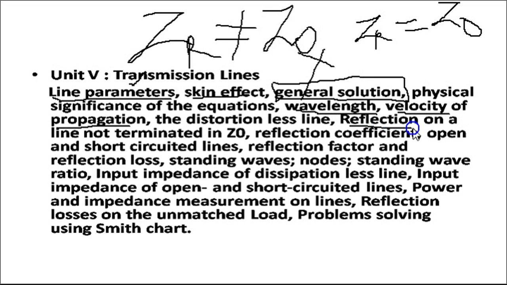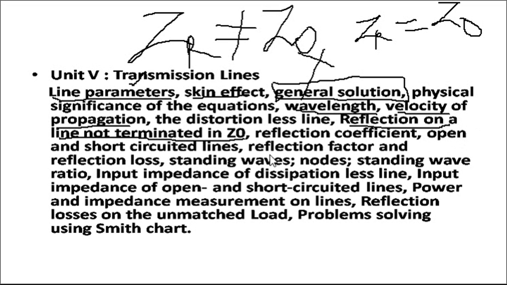This theory is important to understand the further coming concepts, but it is not directly asked in the examination till date. Then reflection coefficient. It is denoted by small gamma or capital gamma. The reflection coefficient is represented by capital gamma only. Reflection coefficient means the amount of energy reflected to the amount of energy incident. It is similar to the point which we have studied in unit number 6. So this reflection coefficient you need to study. It is represented by capital gamma.